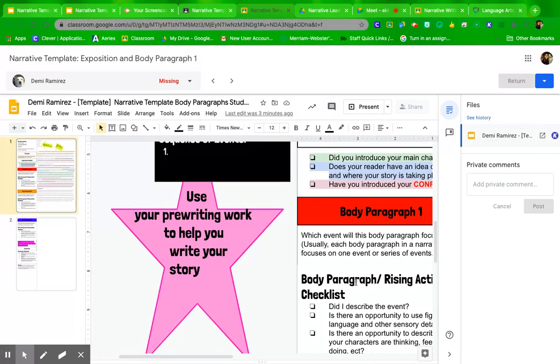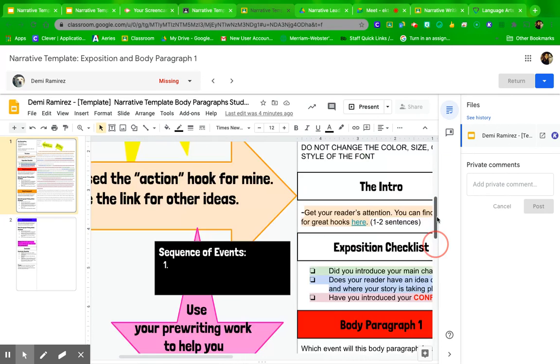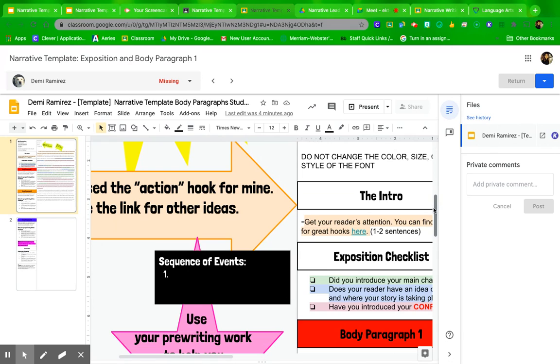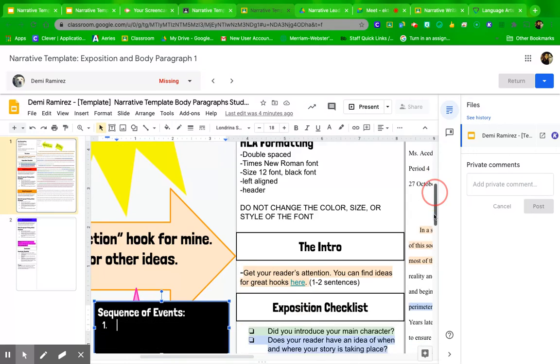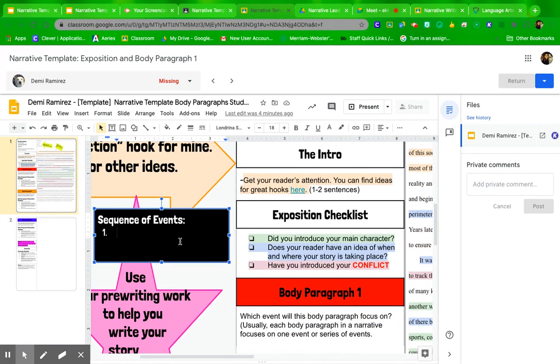Did you also use your setting performance task, the graphic organizer with the four boxes? The setting performance task we did on Friday, did that help you as well? Okay, so make sure you're using your pre-writing work because it'll make it a lot easier. So in her sequence of events, she can add, right, in her exposition, the backstory of the town,